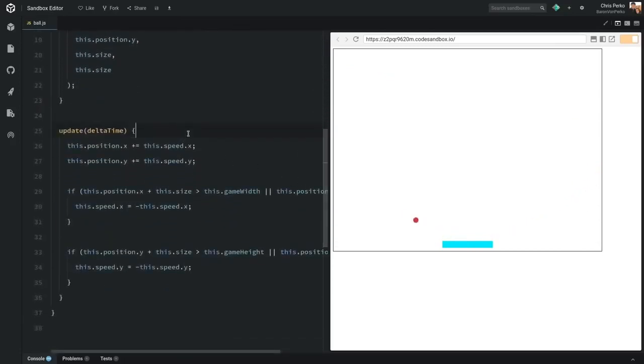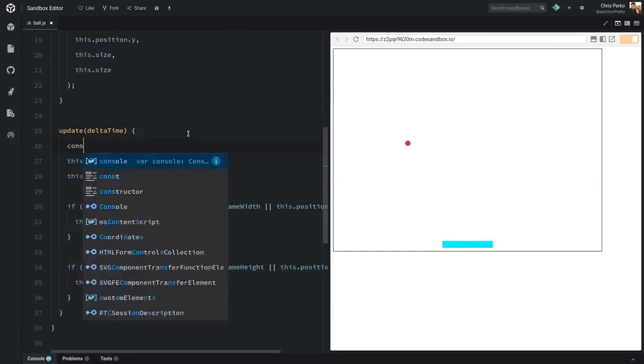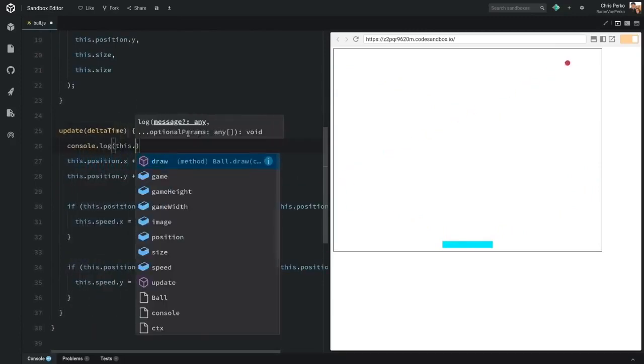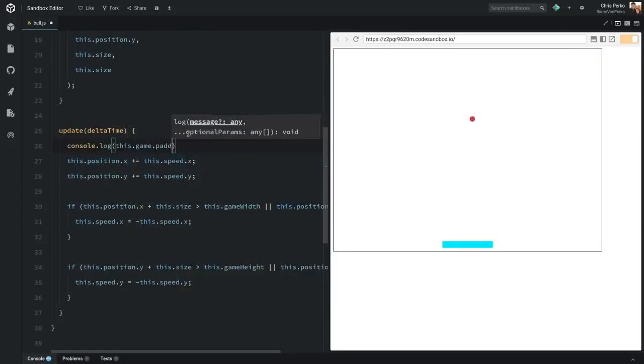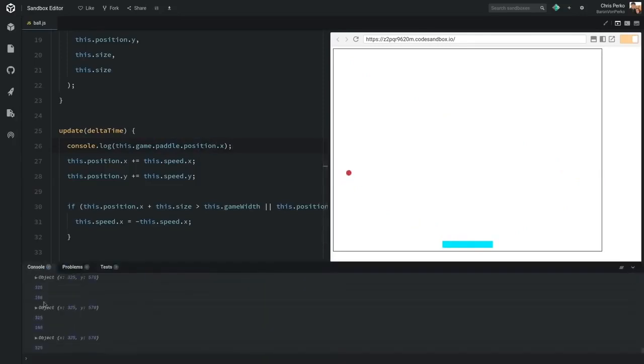Just to prove a point, inside of our update function, let's do a console log this.game.paddle.position.x. So now every update we're going to log where the paddle is, even though we're currently looking at the ball object. As I move the paddle left and right, you can see the position is being printed out at the current